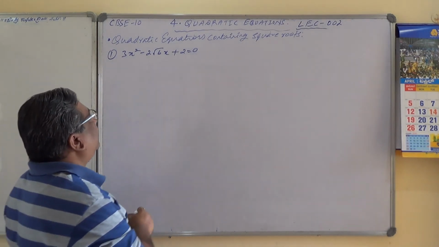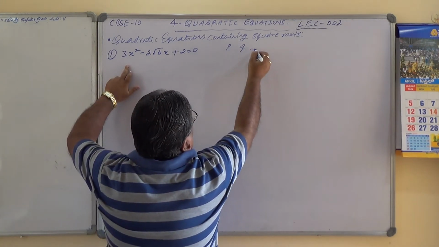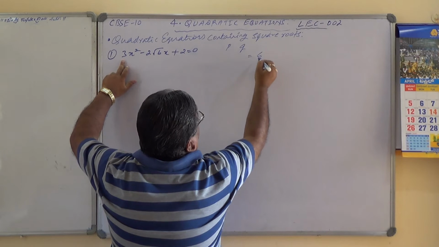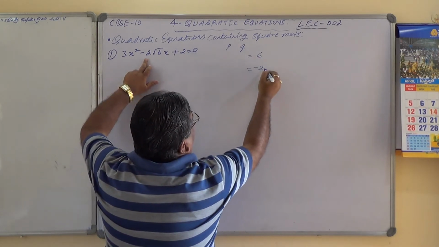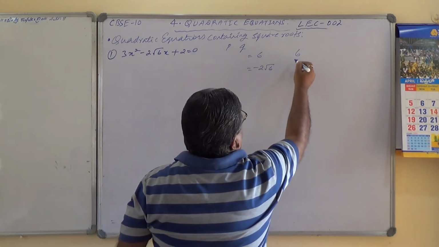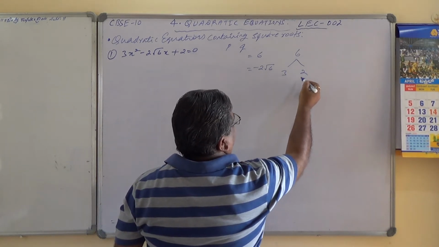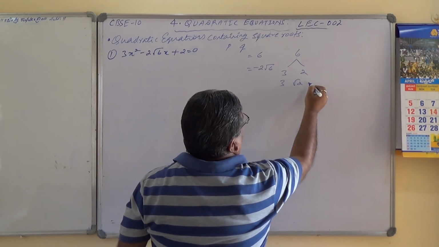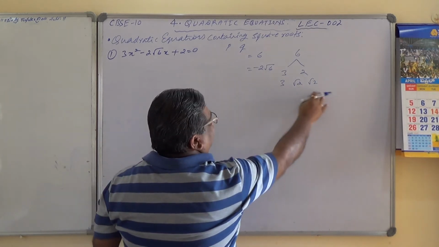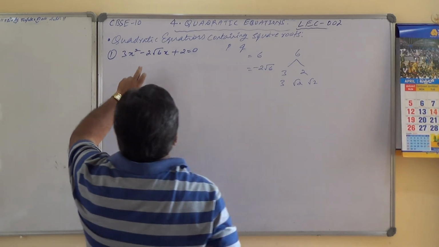Let's solve this one now. Okay. See here, what we want is p and q, two numbers such that 3 into plus 2, 6 I want, and here it is minus 2 root 6. Factorize this 6. If I factorize 6, it is 3 into 2, and the 2 can be written as root 2 root 2. If I multiply all these things, I'll get 6 here. Now rearrange these terms to get the middle value. 2 root 6, 2 root 6.